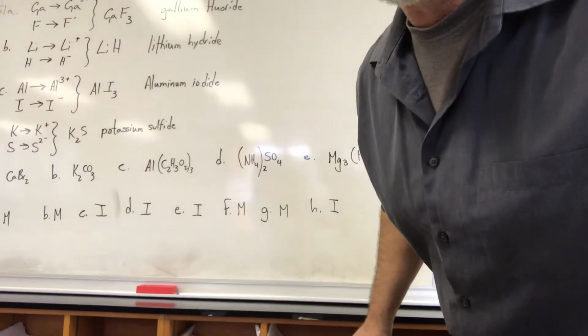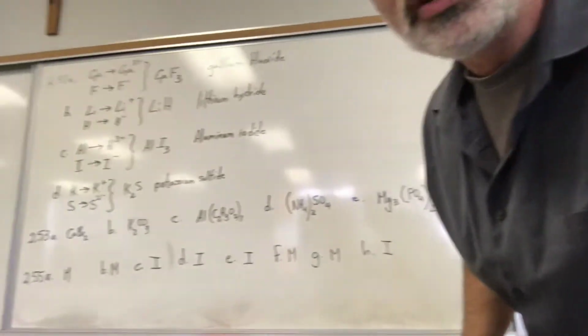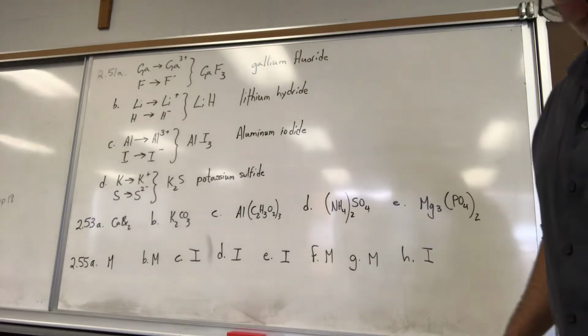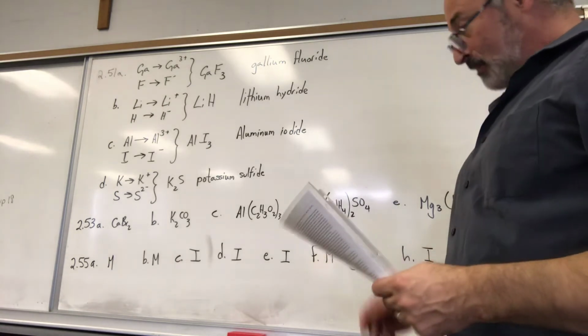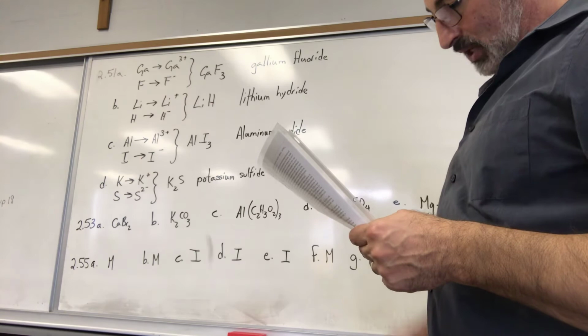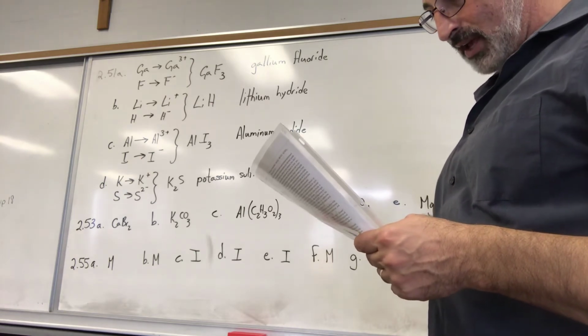The next example is number 251. Mind you, these are the odd-numbered exercises. Your homework is going to be to do the even-numbered exercises. So that's where you're going to prove to me that you actually learned this. So 251, it says, using the periodic table to guide you, predict the chemical formula and name of the compound